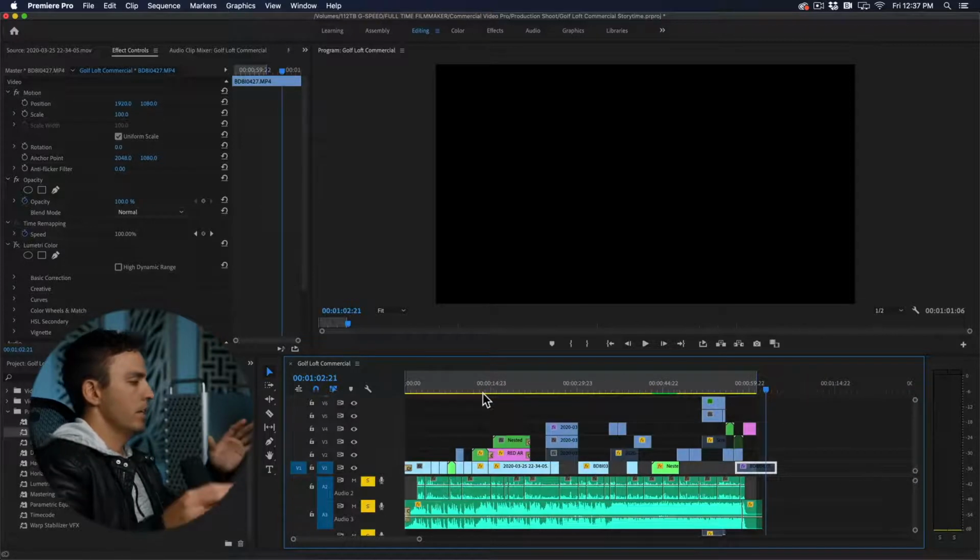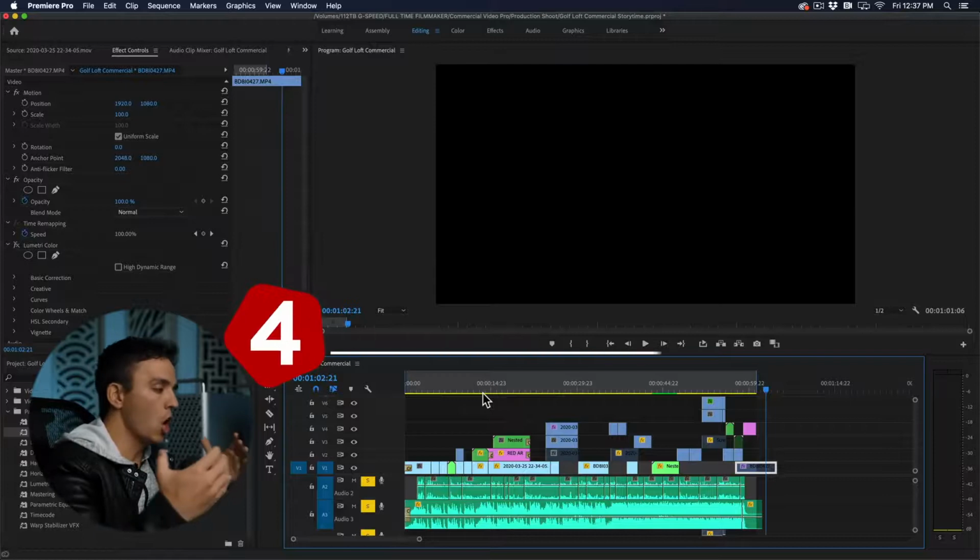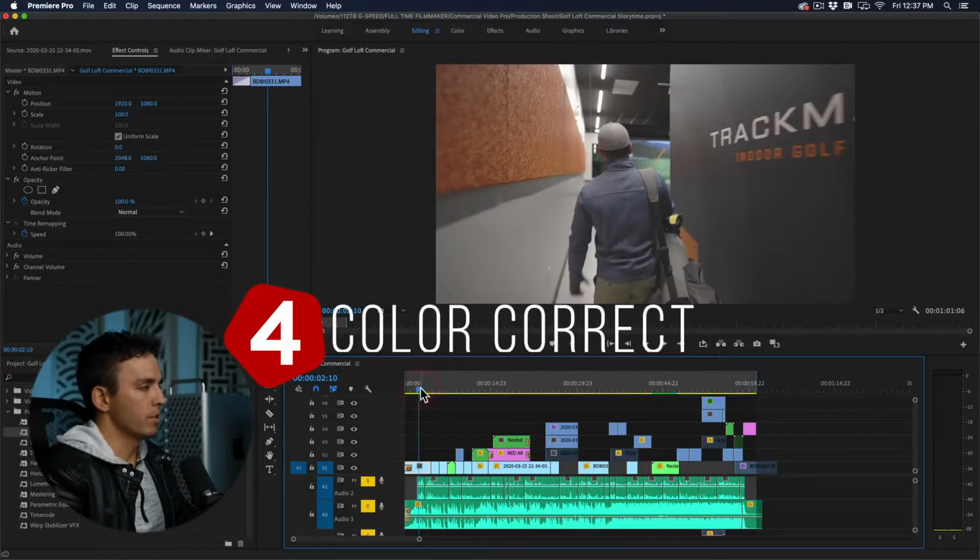That is the story built out on the timeline. Next step is going to be to color correct all the footage. As you can see, it's all